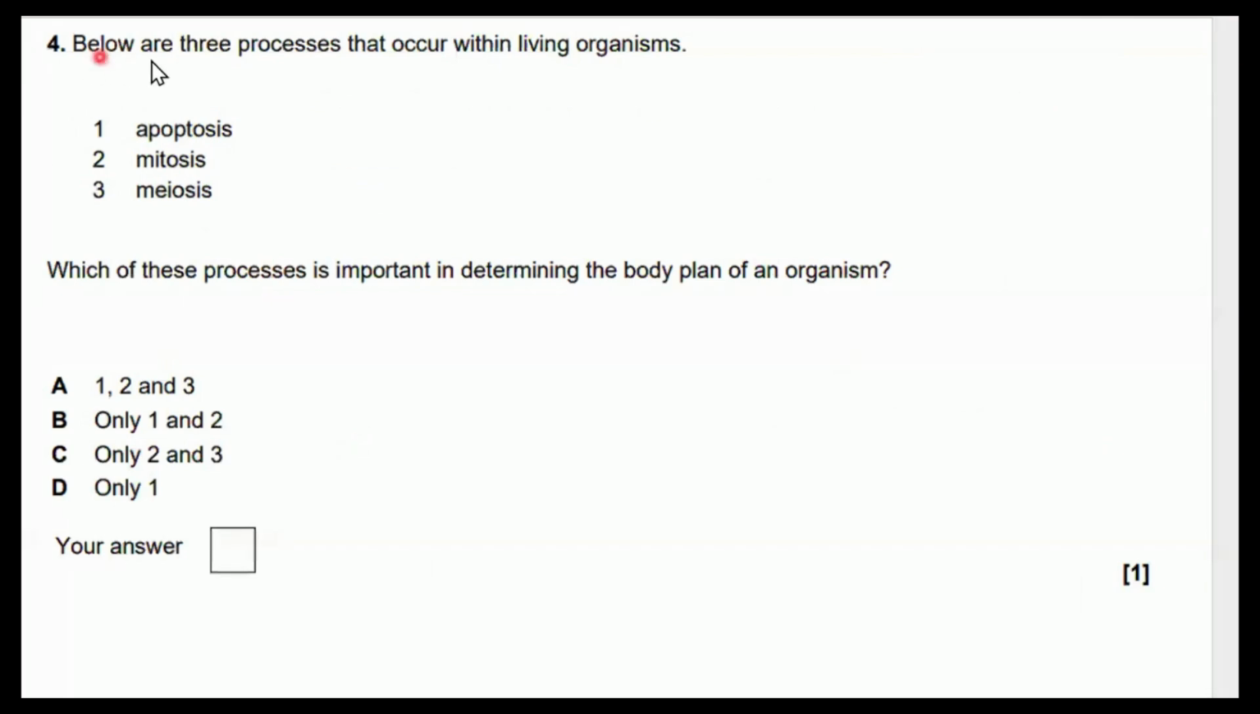Okay. Below are 3 processes that occur within living organisms. We've got apoptosis, mitosis, meiosis. Which of these processes is important in determining the body plan of an organism? So the body plan of an organism,